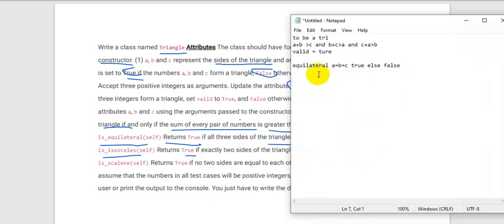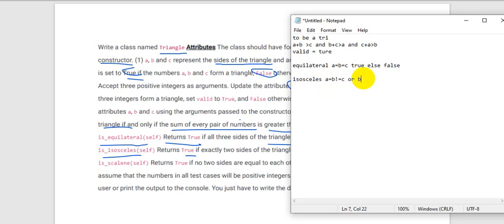So what are the possible conditions for this? For isosceles we can have a equal to b and not equal to c,